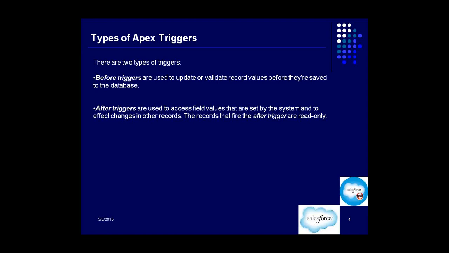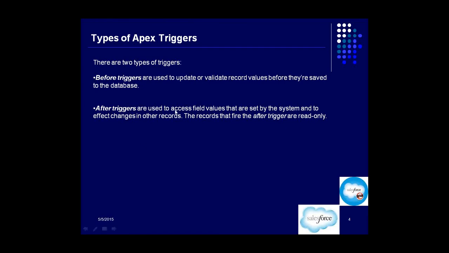Now, whatever value assignment you want to do for that record, that needs to be done in before triggers. If you want to set the industry of the record using the trigger, that should be done using before trigger. Okay, that should not be done after trigger. So you cannot say that after insert, go and update the value of the industry or some field. After that you can only access the value.